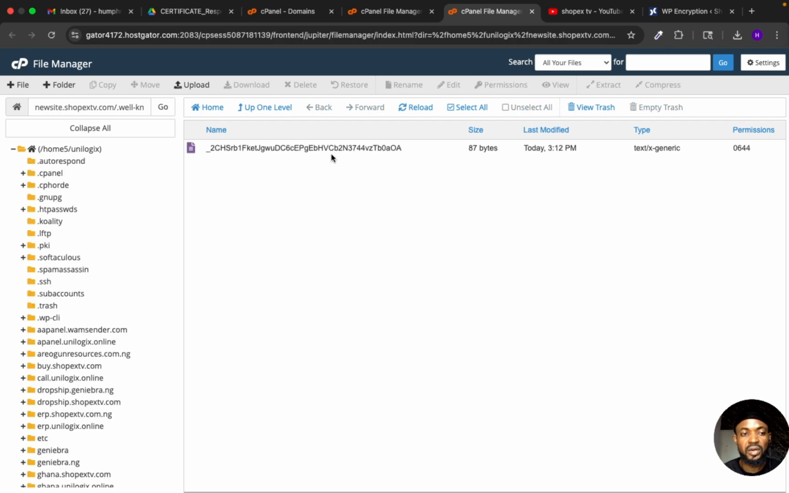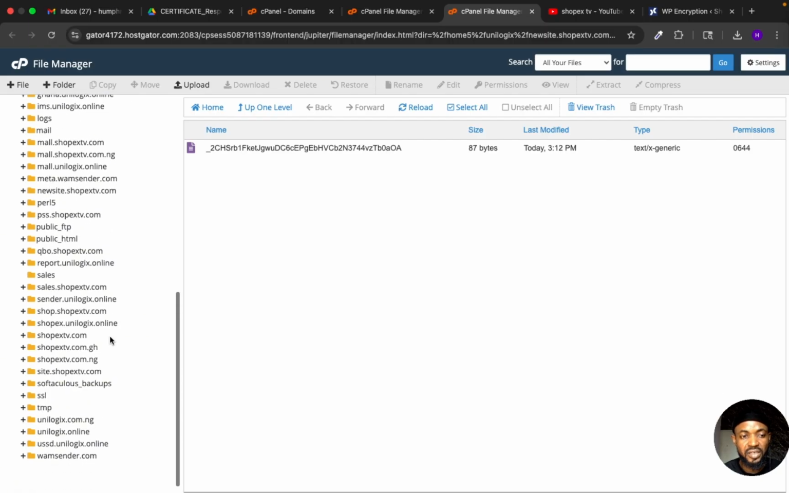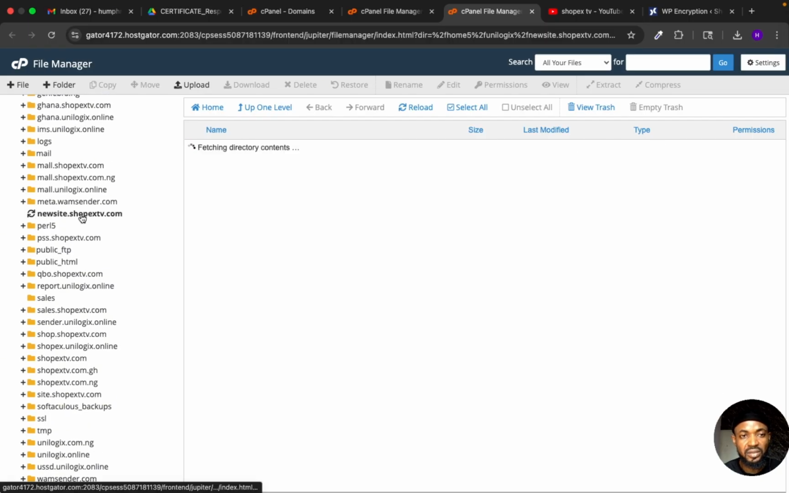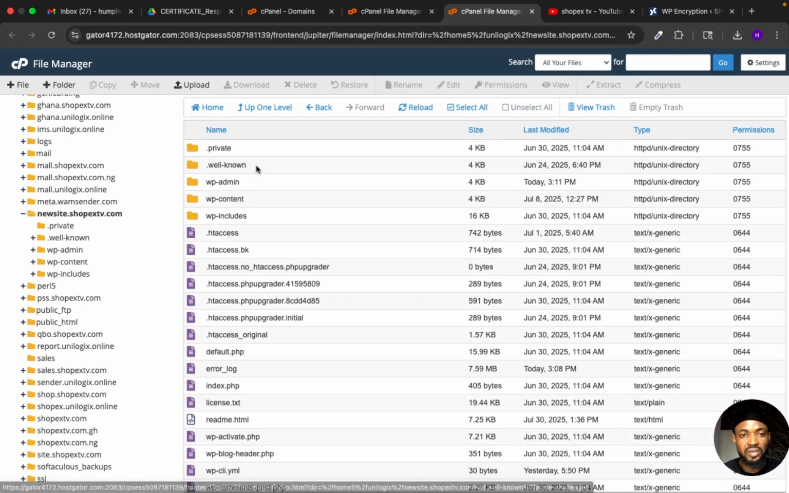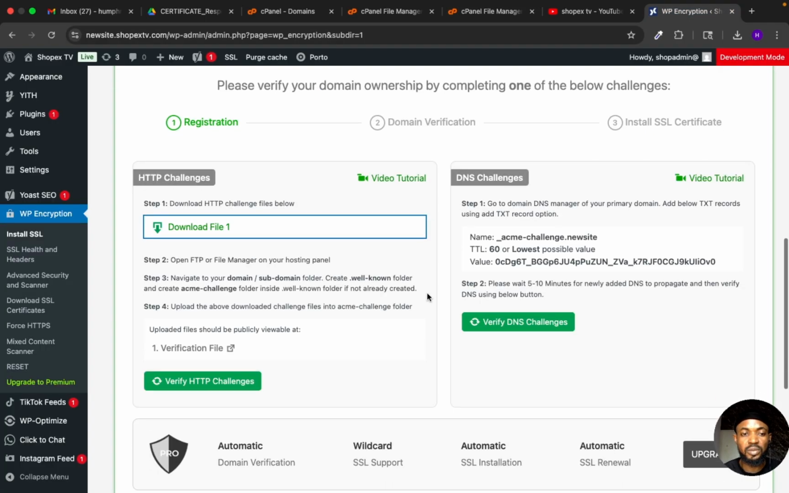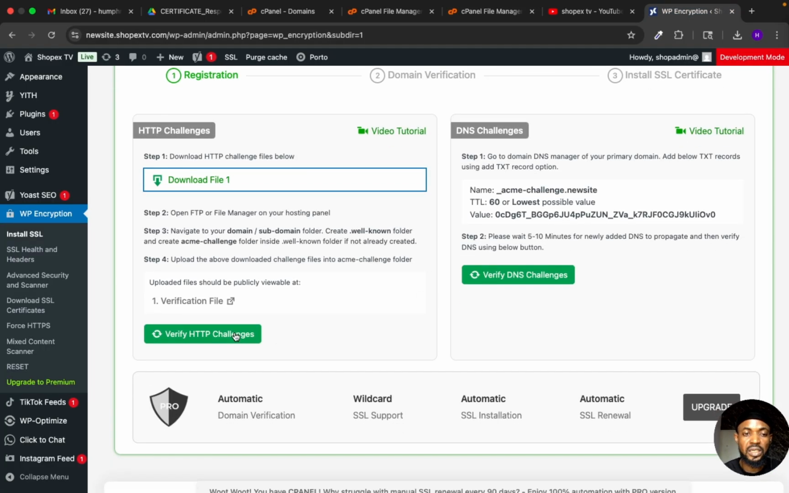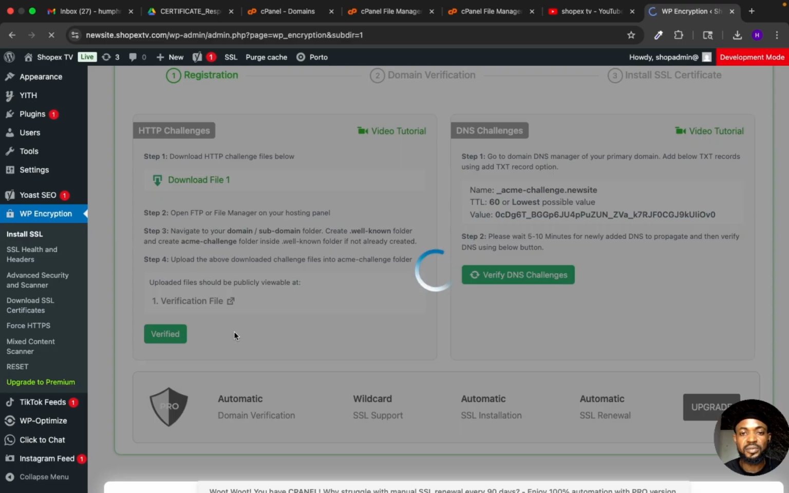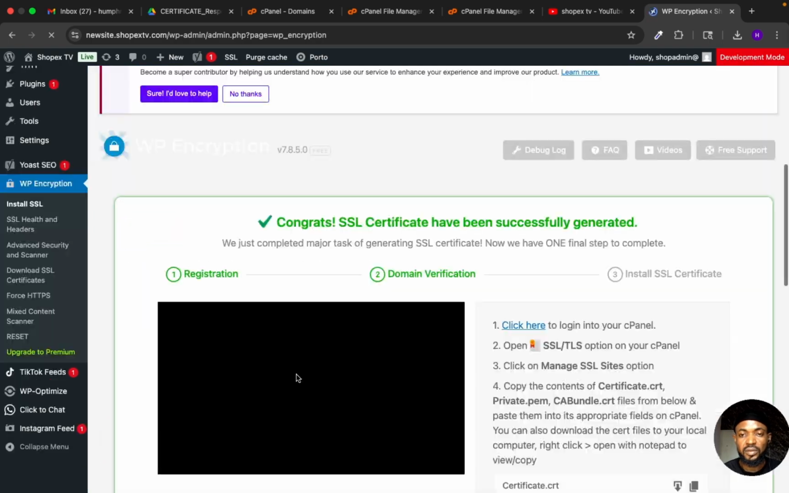You can see I have the file inside this folder. You can see there's a file now. So I'm just going to go back to my WordPress dashboard and click on verify. Okay,